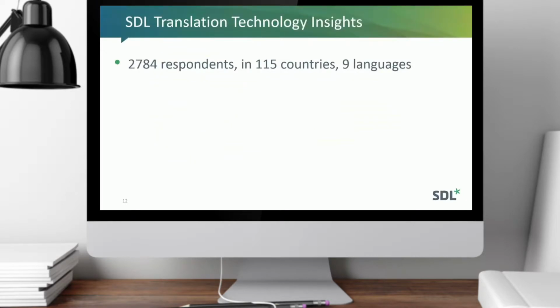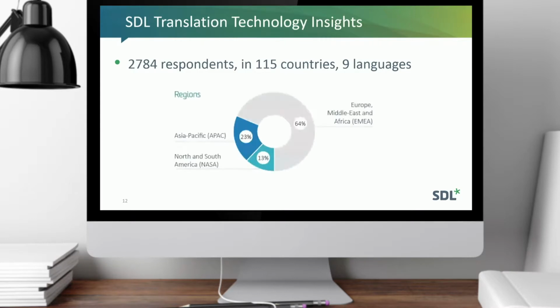So about the same time as that CSA report was being conducted, SDL was putting together a very deep survey, nearly 3,000 respondents right across the globe, the majority in EMEA, as you can see from this chart. Just to give you some context around who was answering, this is across the supply chain, so corporations, also language service providers and freelance translators fed into this. It is available still, the full report and the executive summary on the SDL website, but just some key highlights